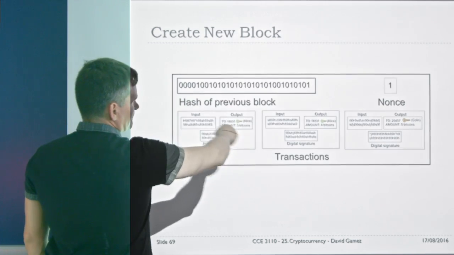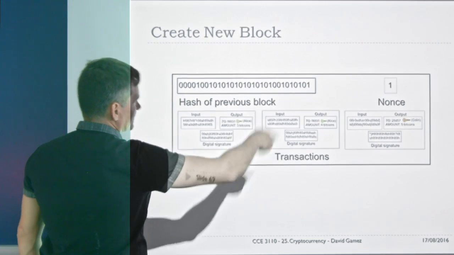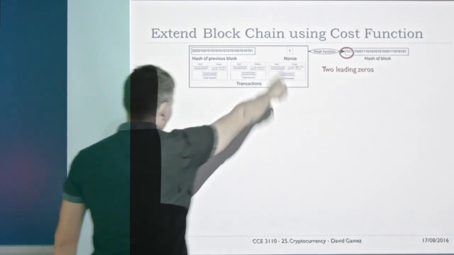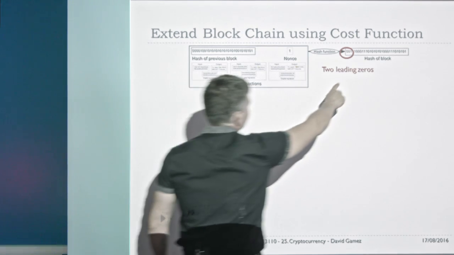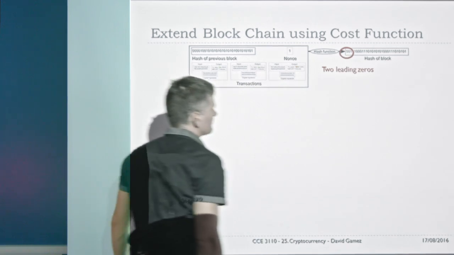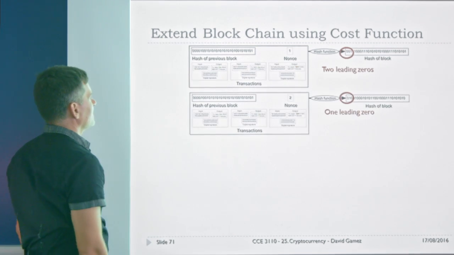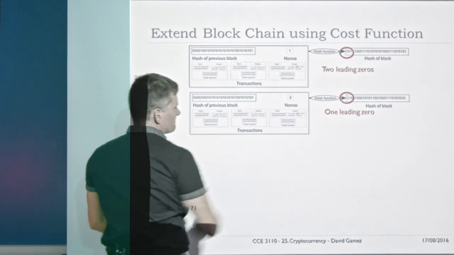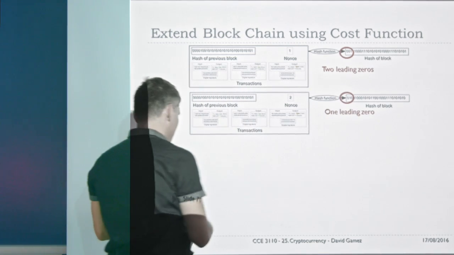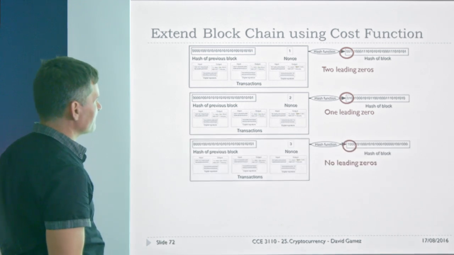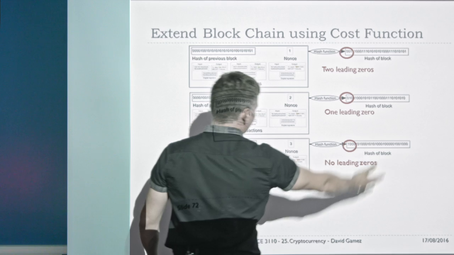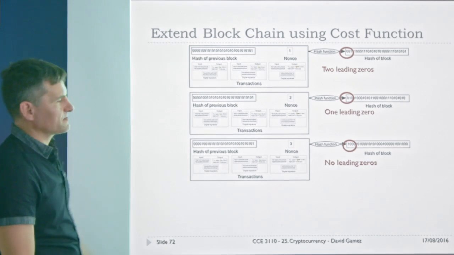So we build our block, and then we start looking for a value of the nonce that leads to the appropriate number of leading zeros. We take all of that, put it through the hash function, get the hash of the block and see how many leading zeros there are. In this case, there are 2 leading zeros. Then we increase the nonce to 2, take the hash of everything, and bad luck, we're down to 1 leading zero. Then we take another hash of the block, and we're even worse off now. It turns out that it's got no leading zeros, with the nonce set to 3.